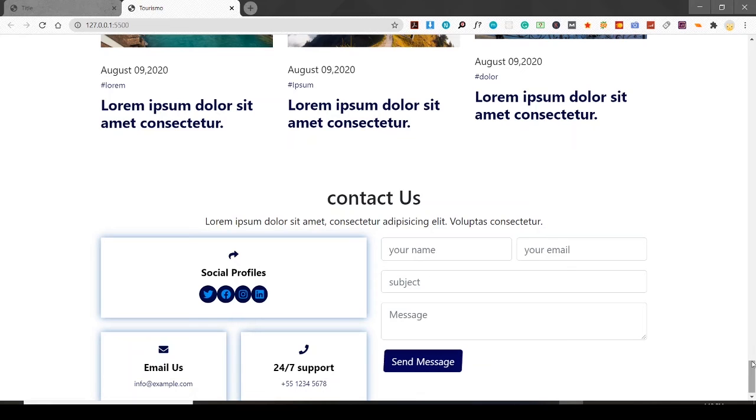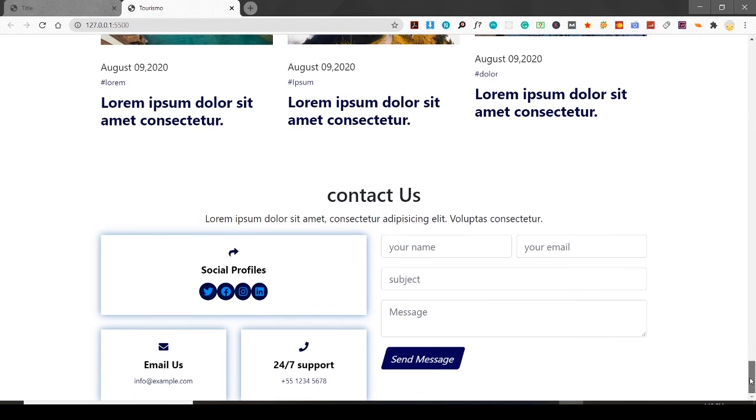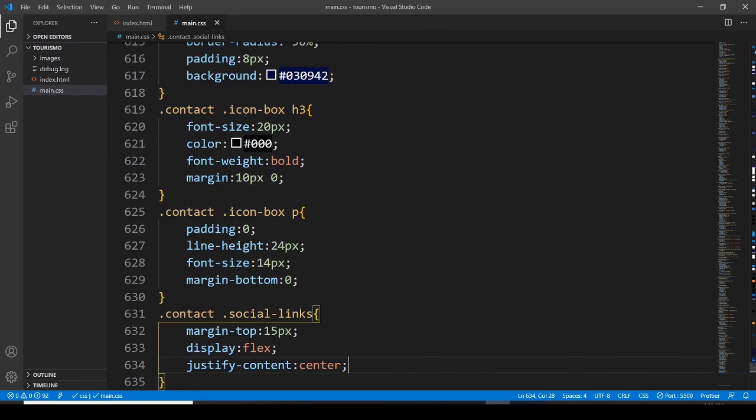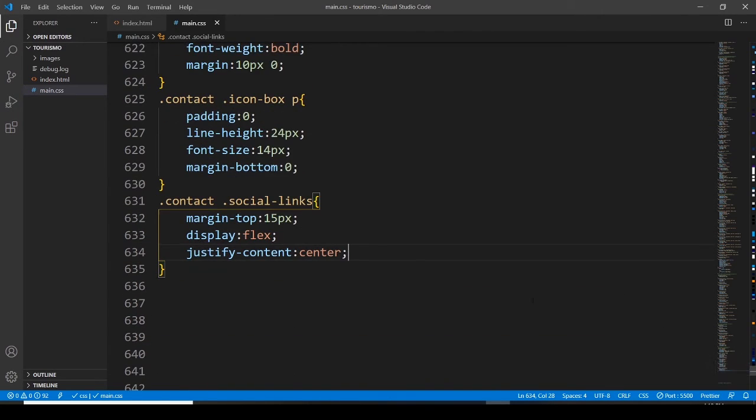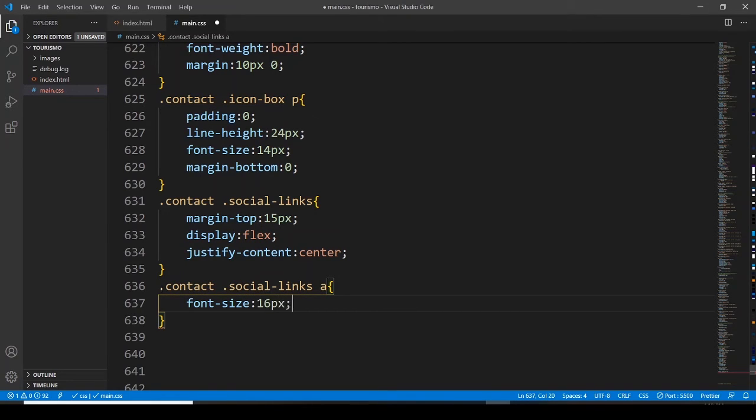Okay, so we have to work on this because there isn't any space between these elements, so these links. Let's copy the same selector, and I want to copy this selector from here. Let's paste it here. Go with the anchor tag, where font size is going to be 16 pixels, and display is going to be inline block,